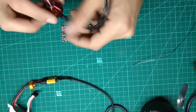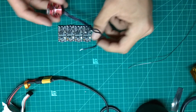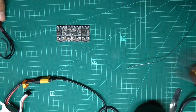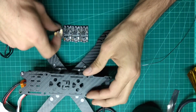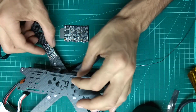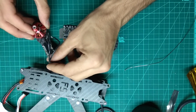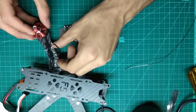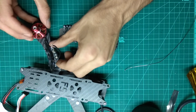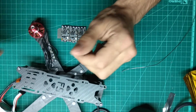Okay, so for now I just finished tinning them, and I'm going to solder the motor to the ESCs. But before that, I want to measure where I'm going to put every ESC. So it will be something like that, and the motor will sit over here. Maybe I'll take it over here. So if I take it over here, I need to cut the wires